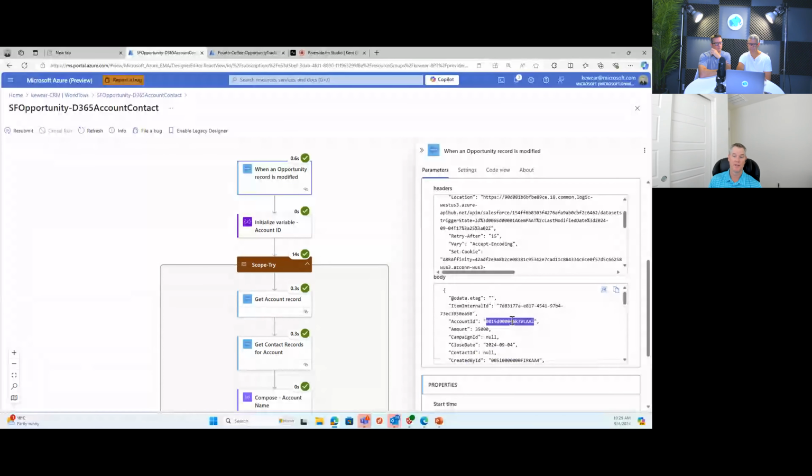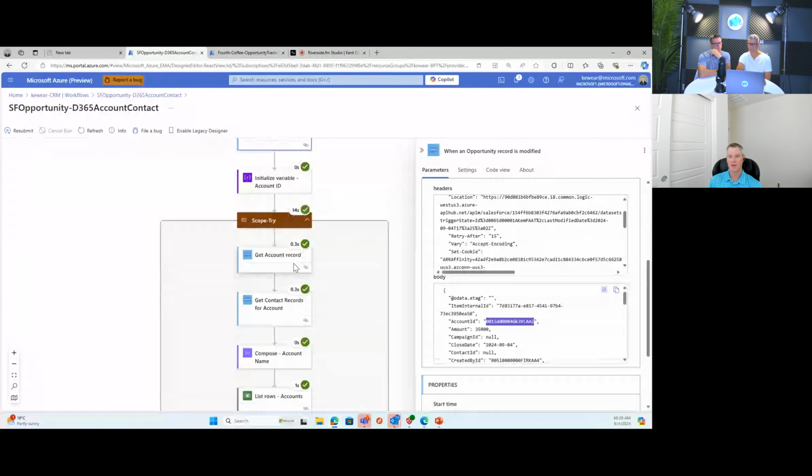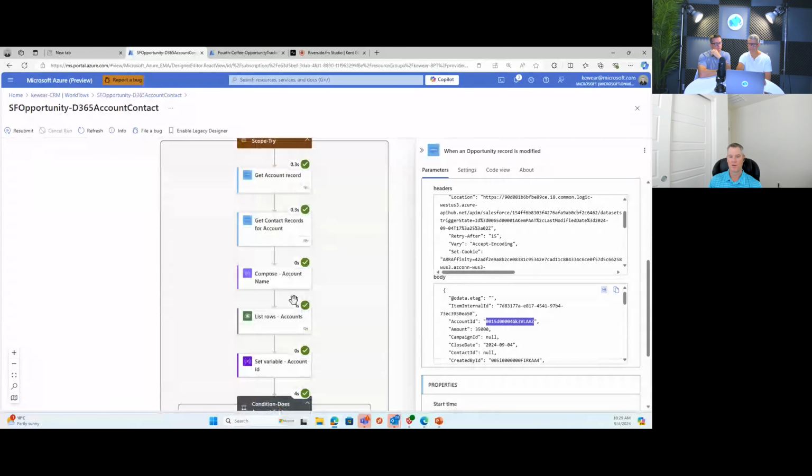This is something that we will then use subsequently to go get the account information. But this is that follow the breadcrumbs. The other thing that we do is this red light, green light show where you can see actions that have succeeded. You can also see the duration for those actions as well.